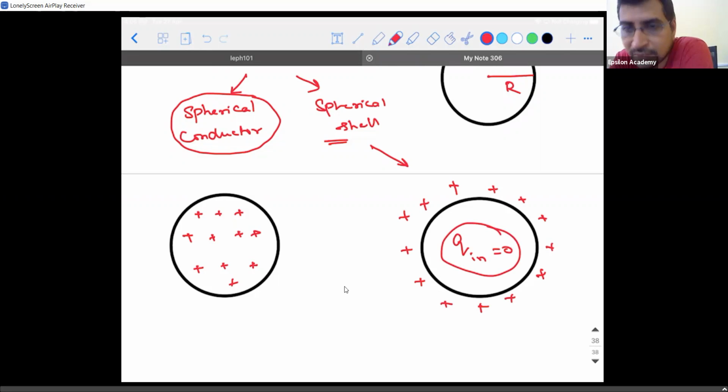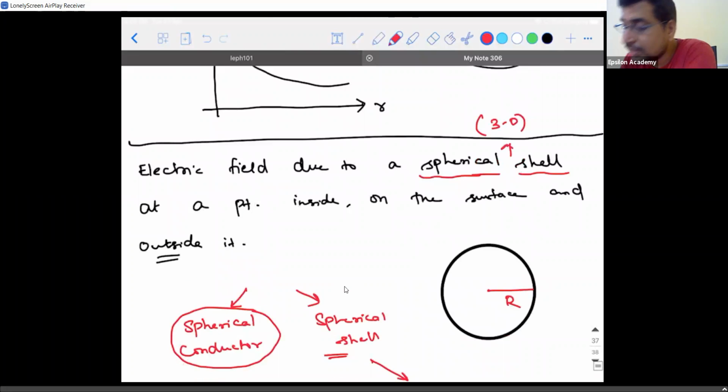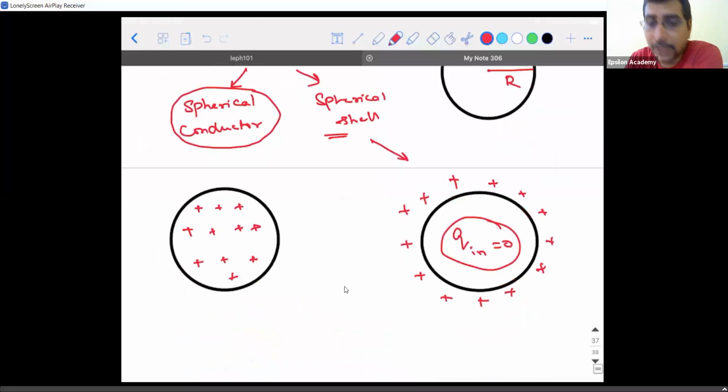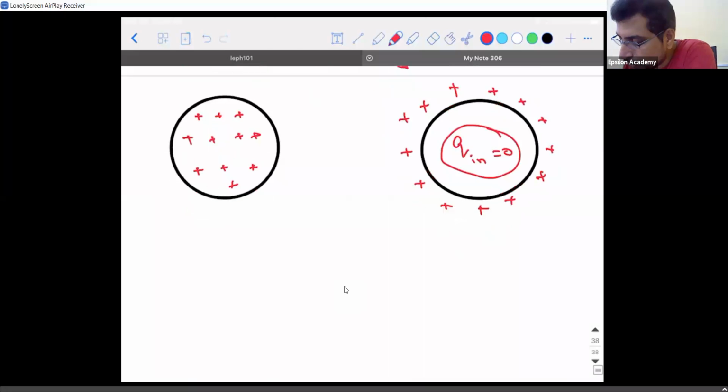Are you guys able to understand the difference? So when I say spherical shell, the thing that comes to your mind is three-dimensional. When it is three-dimensional, we tend to apply volume density. But in this case, am I allowed to apply volume charge density? No, sir. Because the charge is not distributed over the volume, rather it is concentrated on the surface area. Okay. So the steps to be followed.